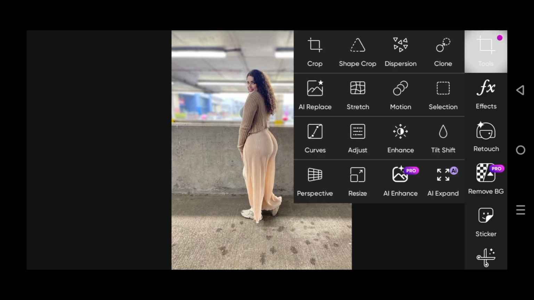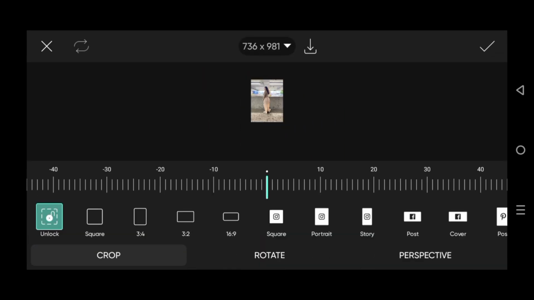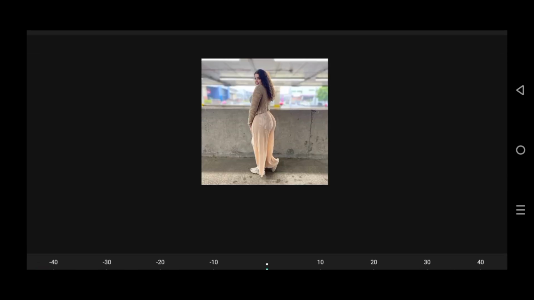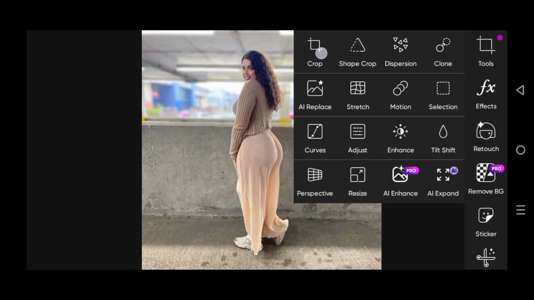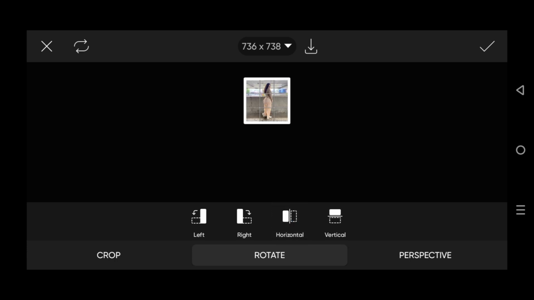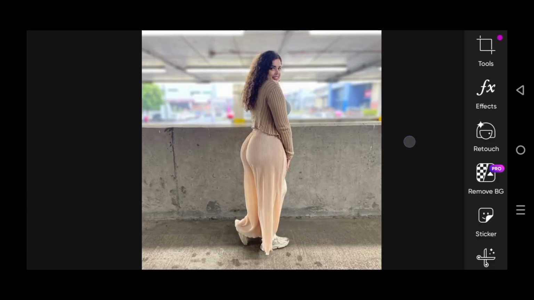We have amazing pictures. First of all, I would go to the tools options. Here I would apply the crop free options, like that. Now in the same way I could also rotate the image, like it could be rotated in that way from here to there, and that is looking like that one.